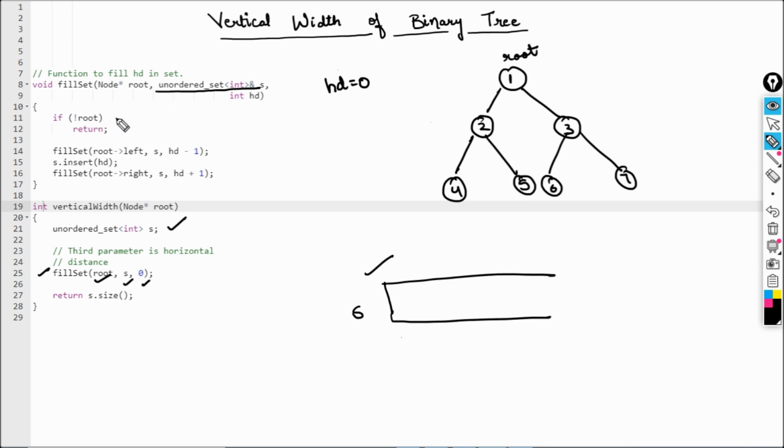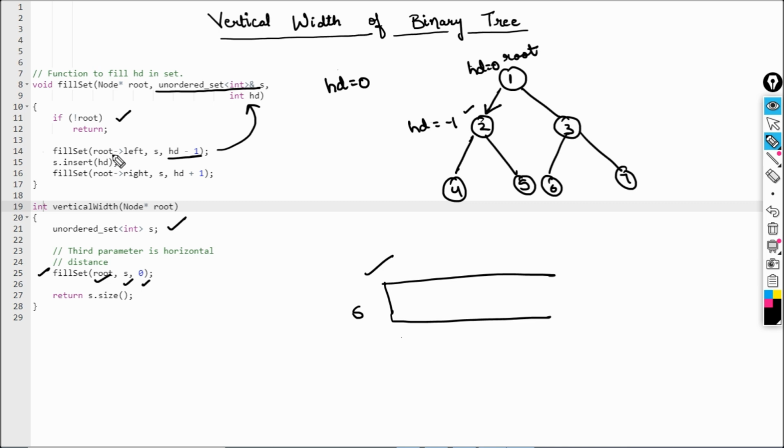First of all, we are checking if root is null. Root is not null, right? So you need to make a call on the left side and do ht is equal to ht minus 1, right? So you make a call on the left side, and ht was 0 here. So you did this thing, ht becomes minus 1 at this point for this node, right? Okay, then again you need to go to the function. We are calling the function again. So you go back to the function, come inside it, check if root is null. Root is not null here.